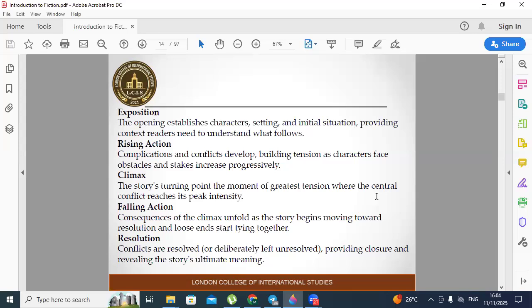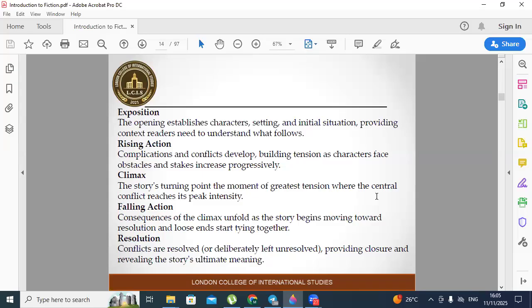Rising action: complications and conflict develop, building tension as characters face obstacles and stakes increase progressively. This is typically the longest section. It's where most of the story happens. Each complication builds on previous ones, escalating tension toward crisis. In Romeo and Juliet, rising action includes their secret marriage, Tybalt's death, and Romeo's punishment, each event